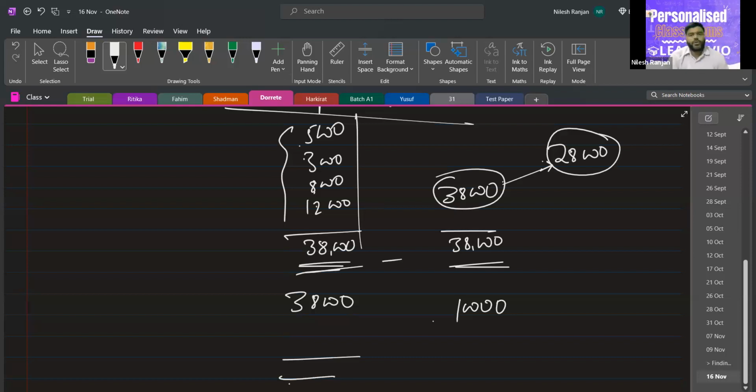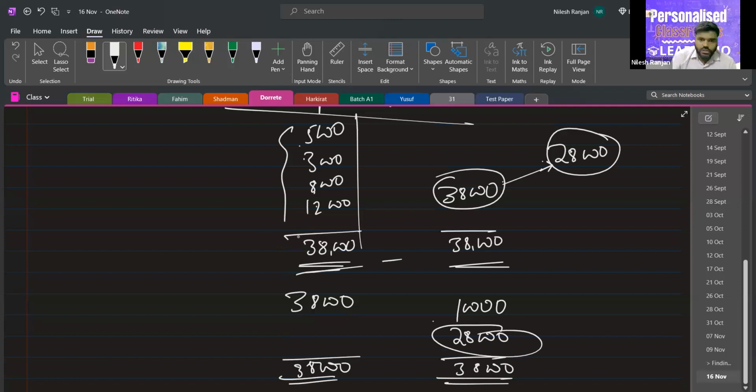Okay. Yes. So this is how. If the total of the debit side is overcasted, then you have to write the excess amount on the opposite side. So there was a mistake of 10,000 on the debit side. We have written this 10,000 on the credit side so that it equals our amount. So that's why in the solution, what we have to do here